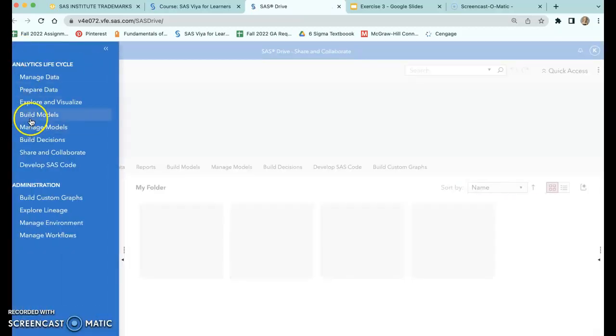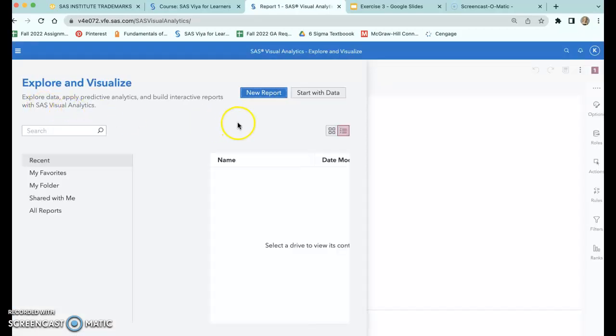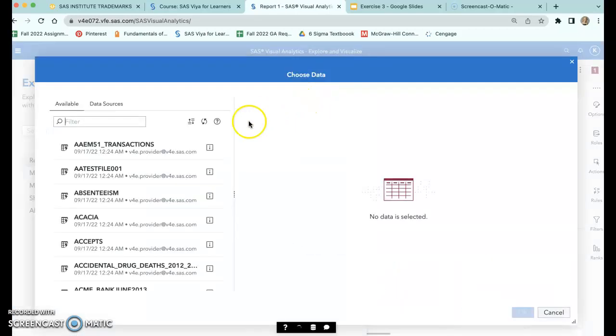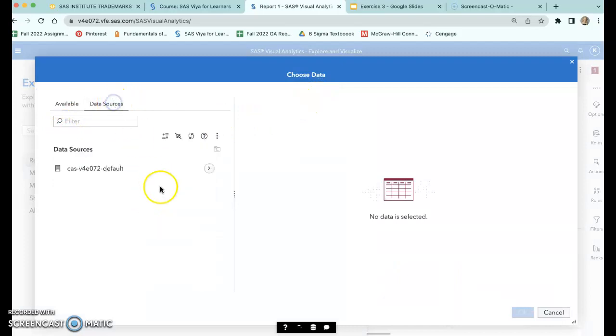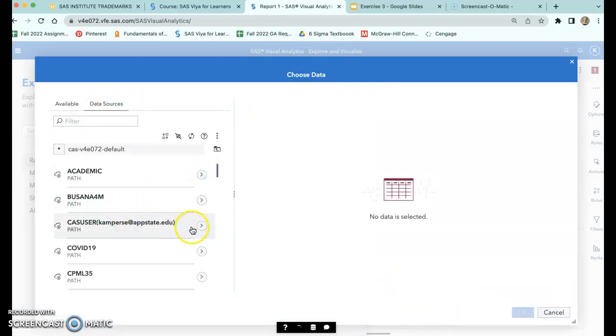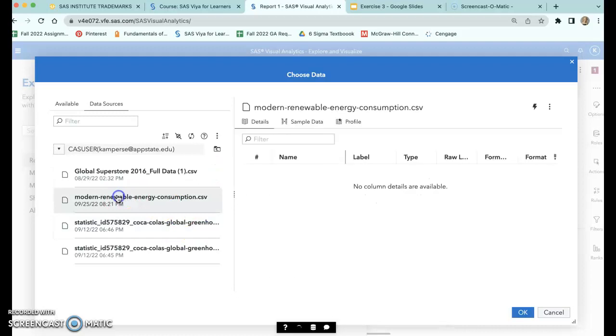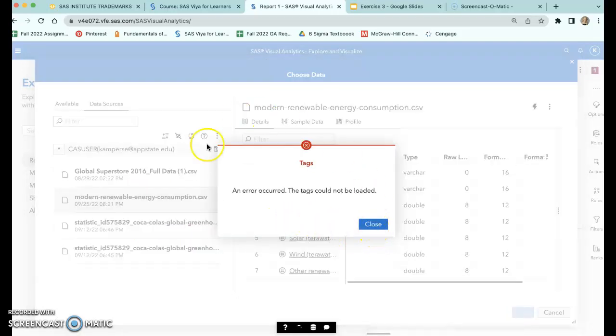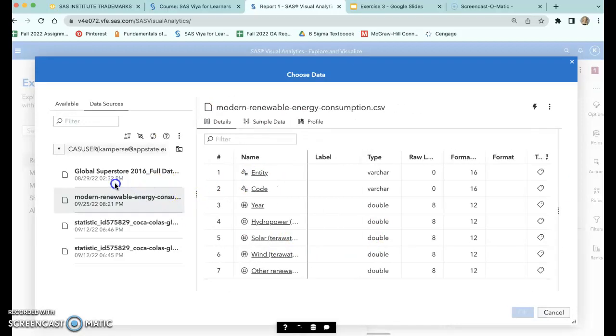And then we go to Explore and Visualize. Start with data, data sources, my file, and then modern renewable energy. This keeps popping up, I'm not really sure what that means. And then we go over here